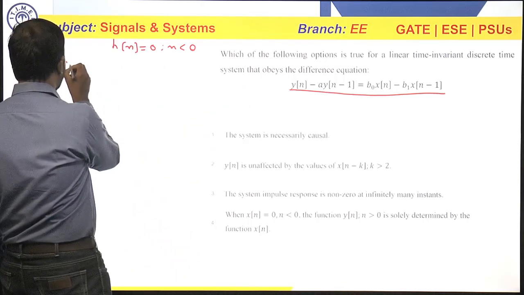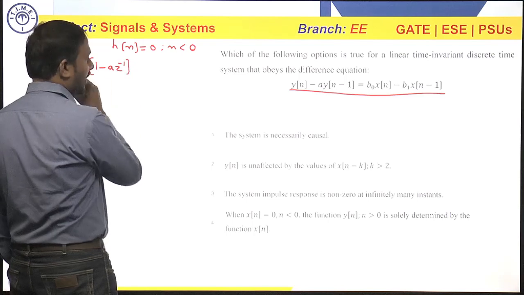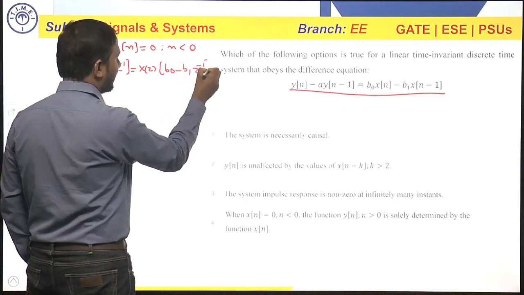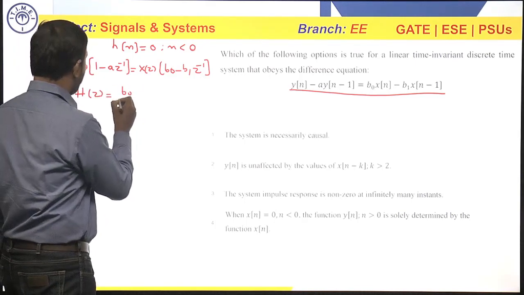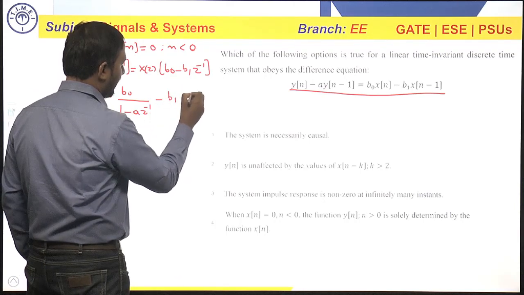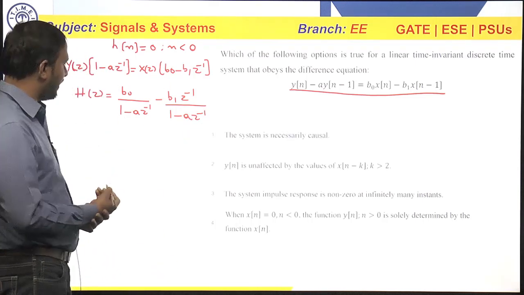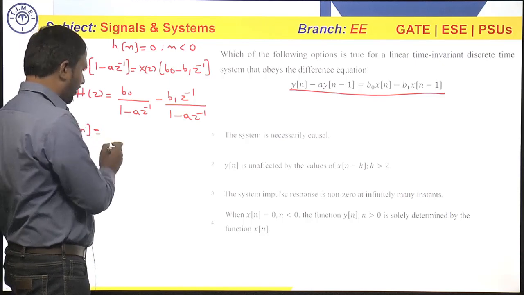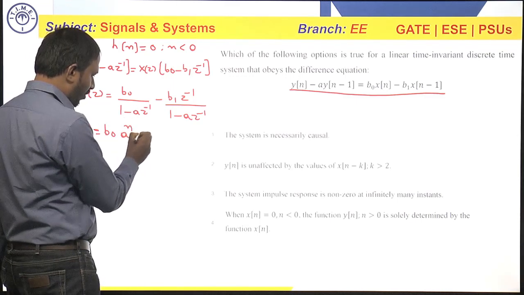Now applying Z transform, Y of Z, if you take common (1 minus A Z inverse), is equal to X of Z (B0 minus B1 Z inverse). So Y of Z by X of Z, H of Z, becomes B0 by (1 minus A Z inverse) minus B1 Z inverse by (1 minus A Z inverse) after simplification. Now if you take the inverse Z transform to get the impulse response, and if you consider the ROC to be outside of the pole A, this becomes B0 times, inverse of this one is A power n u of n,